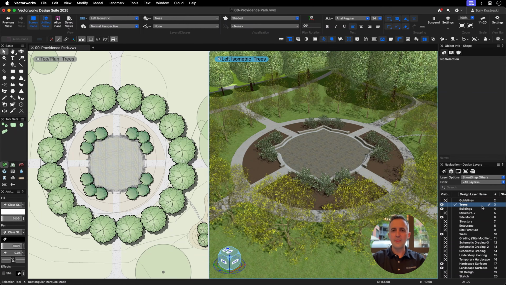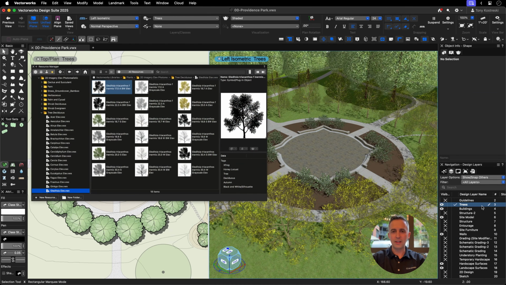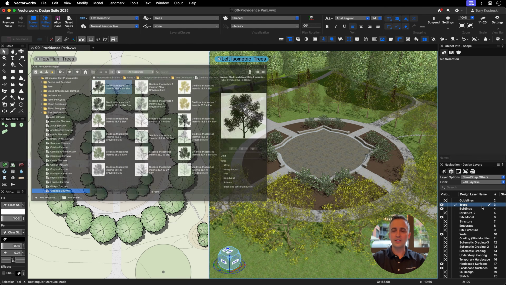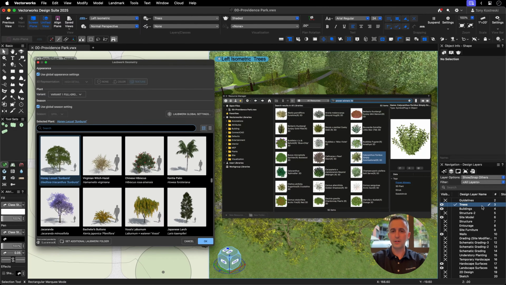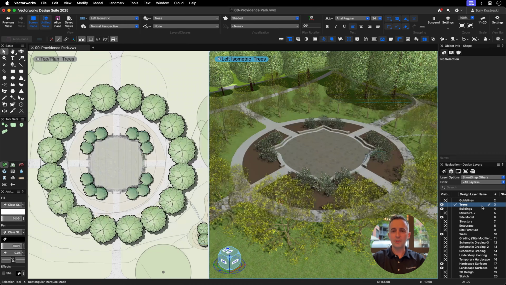settings. There are many ways you can represent your plants in 3D, from using image props that always face the screen to robust 3D models from content partners like Lobwork, Proven Winners, and more. You can also create and use your own 3D representation by placing the geometry within the 3D display of the